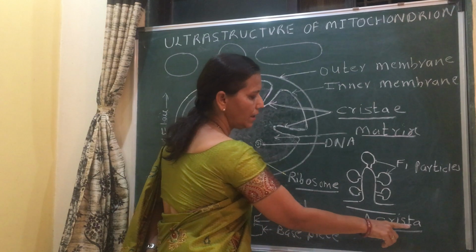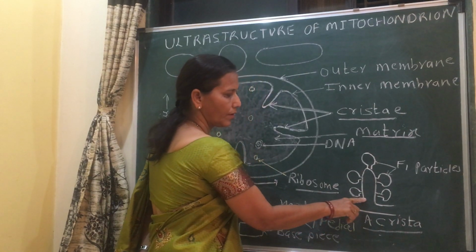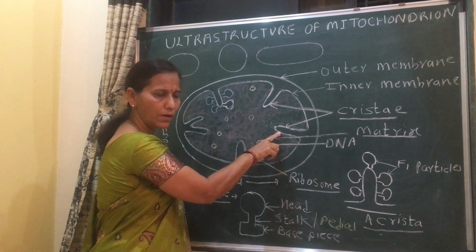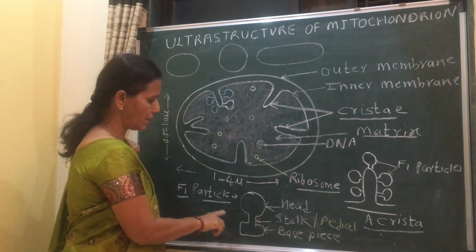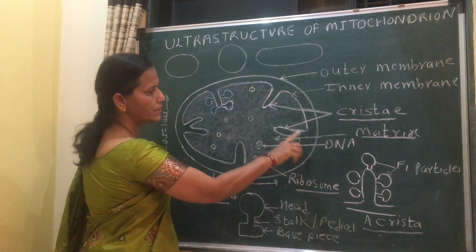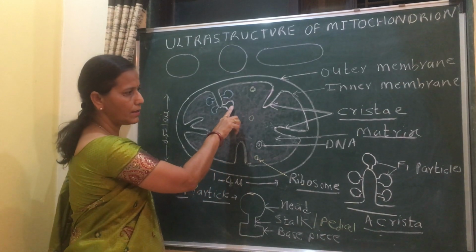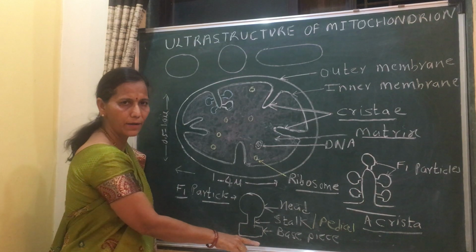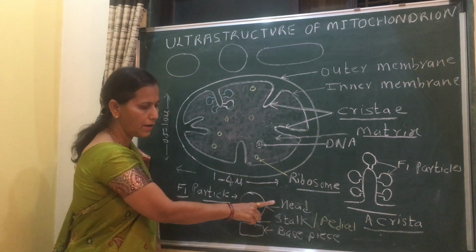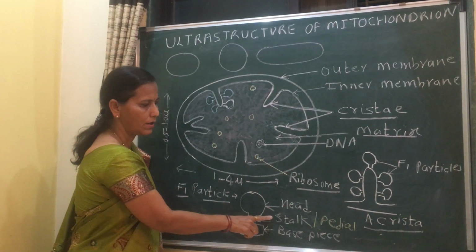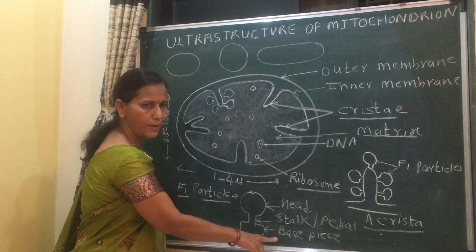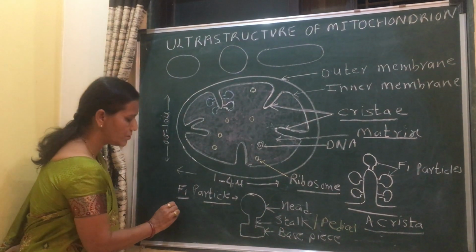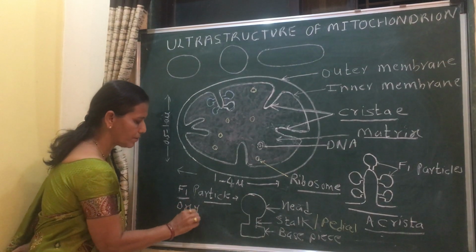This is a single crista, which is a finger-like projection of the mitochondria. Each crista is studded with F1 particles. Each F1 particle consists of three parts: head, stalk, that is pedicel, and base piece. These F1 particles are also called oxysomes,